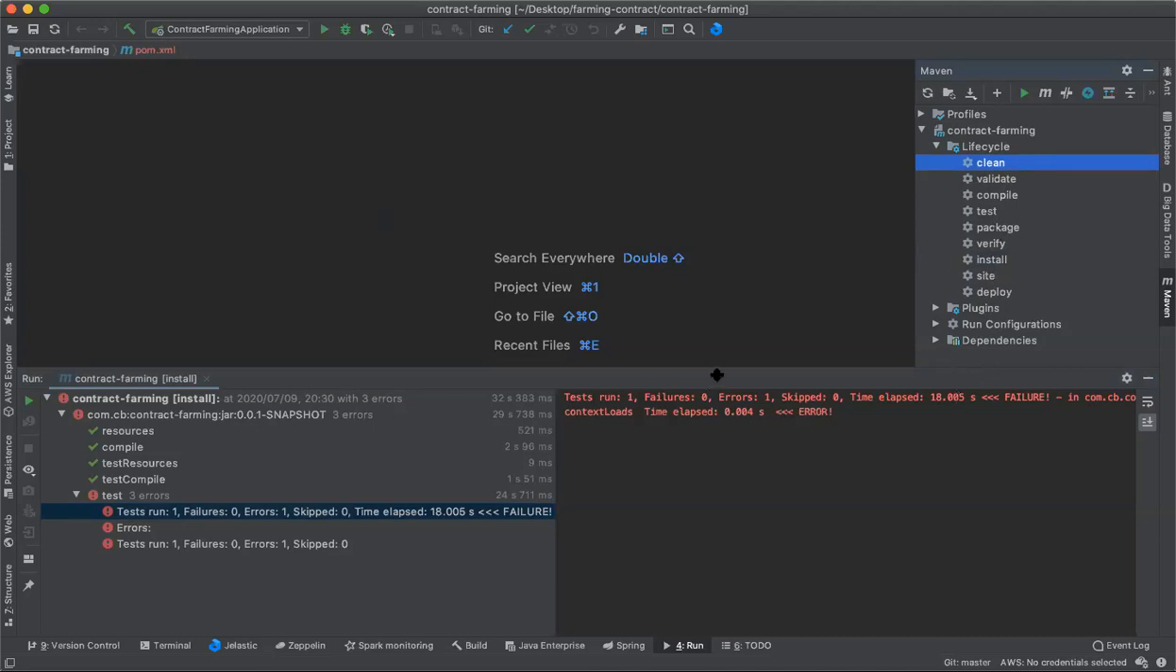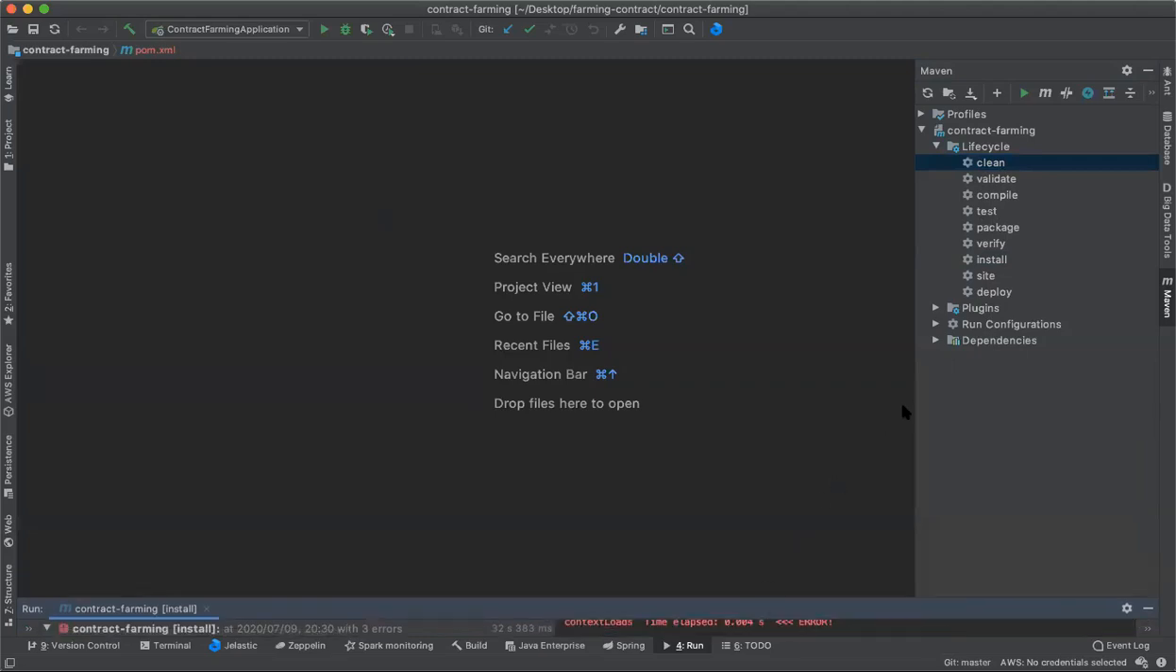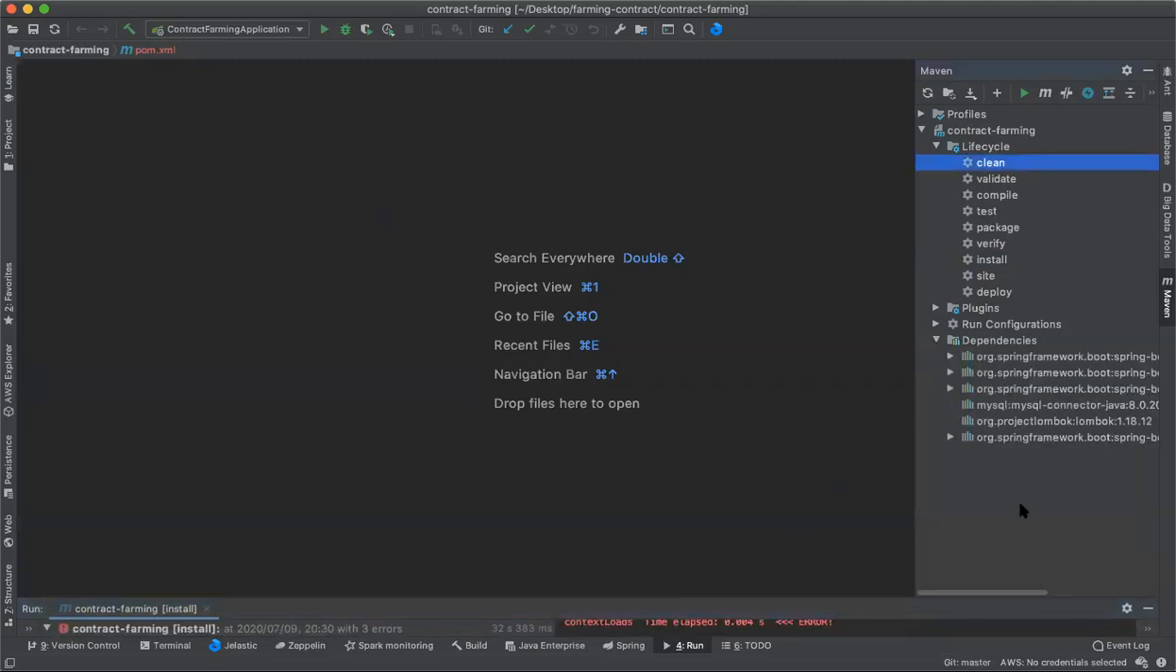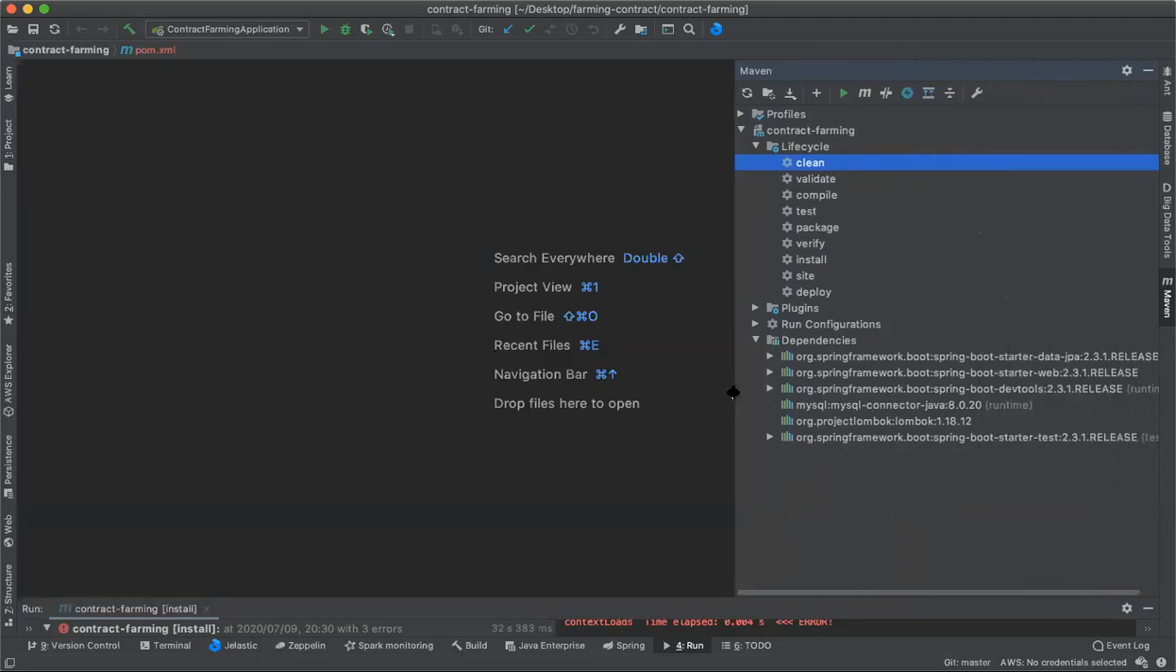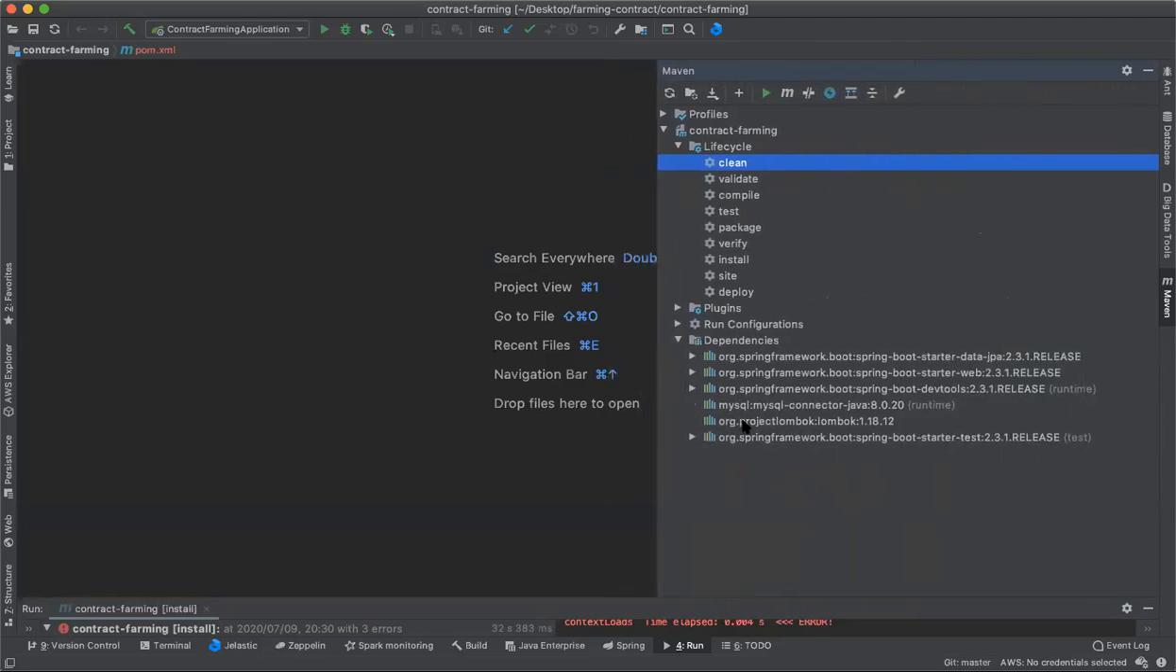Then the other thing that you may need to know is that all the dependencies that we're adding are in here. You can see there's a section called dependencies, where your dependencies are added to the project. So this is the list of the dependencies that we have so far. We have added Spring Boot, Spring Data JPA, Spring Web, Spring Boot DevTools, MySQL Connector, Project Lombok,